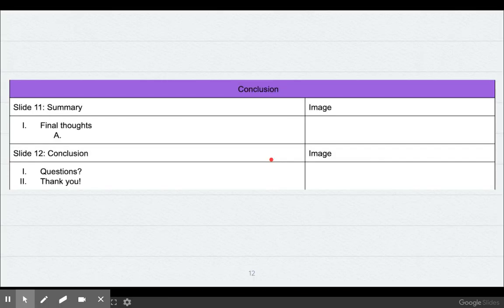And then finally, just like in our essays, the last 2 slides are going to be your conclusion. And as you can see, we've already prepared for you here the information that needs to go on those slides. So that's the outline template in general. In our next part, we're going to look at it more specifically and an example of how I took the information from the note-taking sheet and put it into my outline. So let's get ready to do